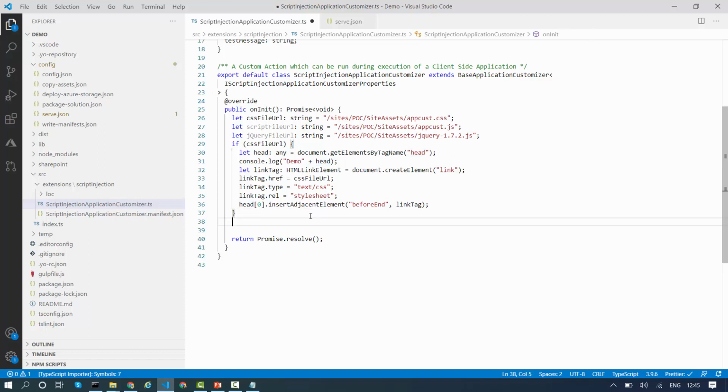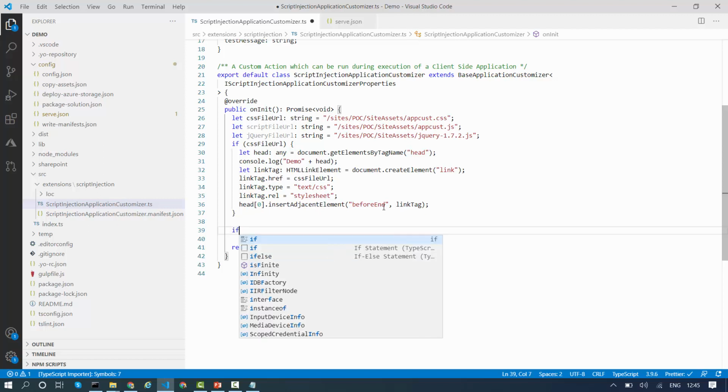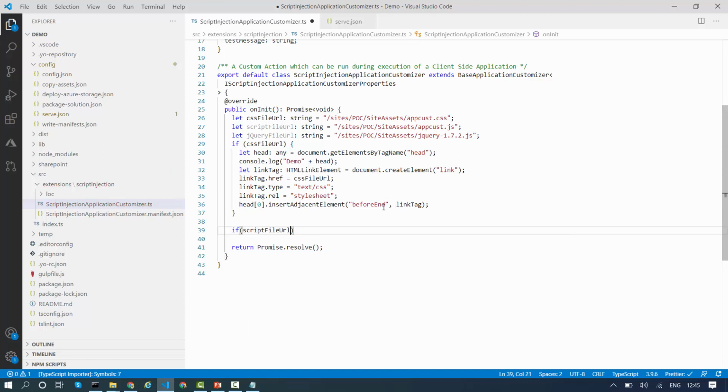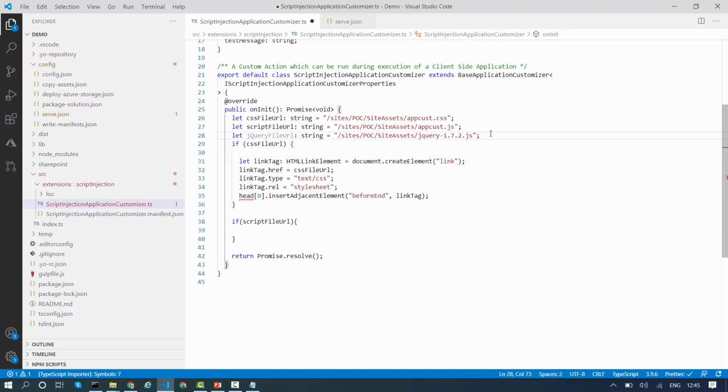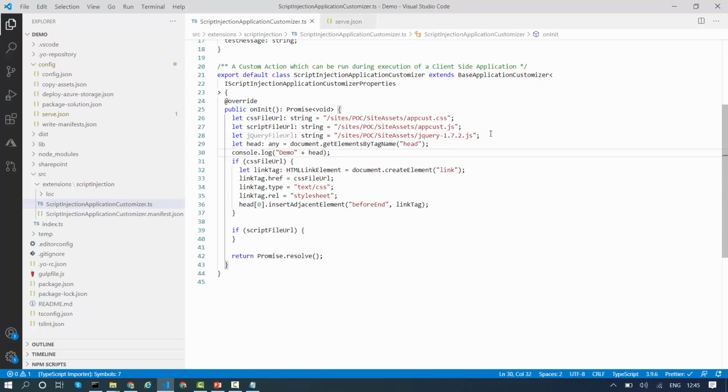As a next step, I will show you how we can add the JS file. By now you must have understood the logic. In case of a JS file, we will create another dynamic element, and this time we will create the script tag, and in the same way we will add it. So let's proceed. If the script file URL is not blank, again I will take this head section. Also, let's not put this head section under this if statement, I will put it outside the if statement so that I can use the same head section in both the if conditions. So my head section is fine.